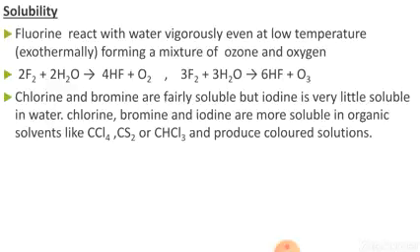Some more points you have to note down: the solubility of I2 in water increases with addition of KI or NaI due to formation of polyhalides, that is triiodide ions, I3 minus. So you can note down the reaction KI plus I2 gives KI3. However, this solution behaves as a simple mixture of KI plus I2